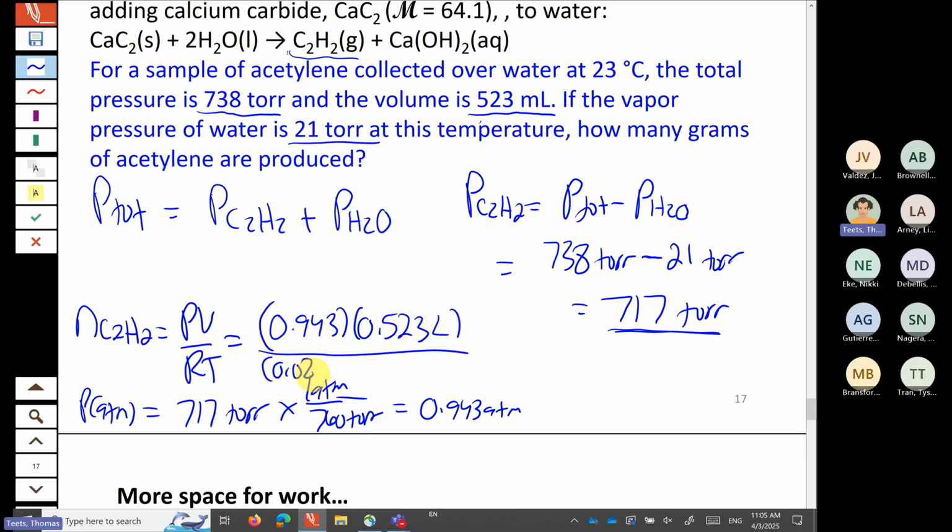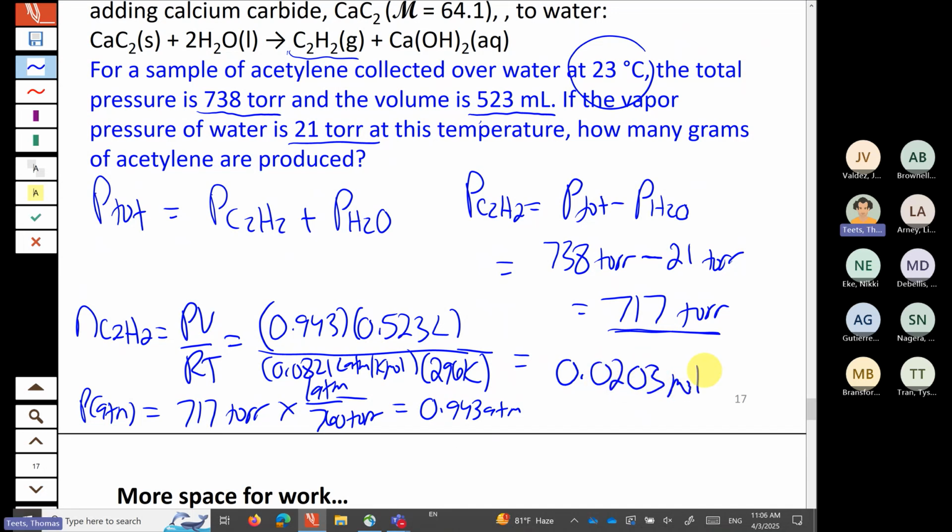Universal gas constant. And then the temperature is 23 degrees Celsius, so that has to be converted to Kelvin by adding 273. That's going to be 296 in Kelvin. Okay, so this tells us that we have 0.0203 moles of C2H2. That's the typical thing you will do when you're starting one of these problems: